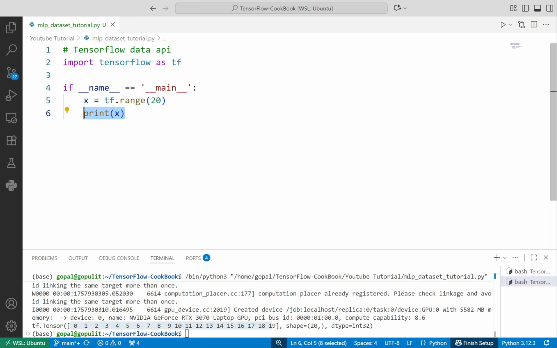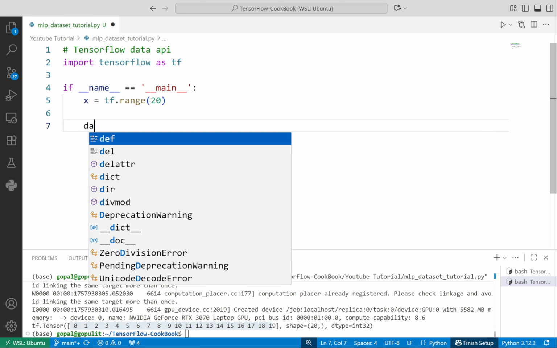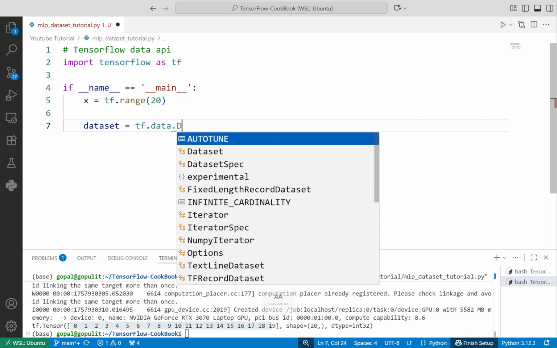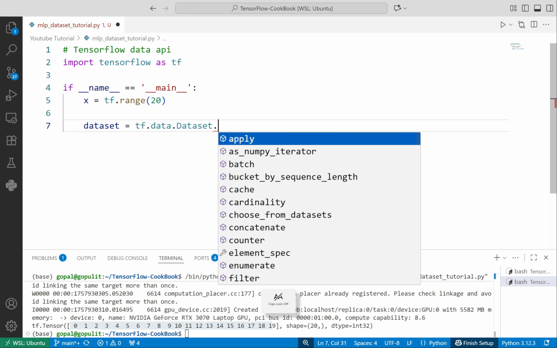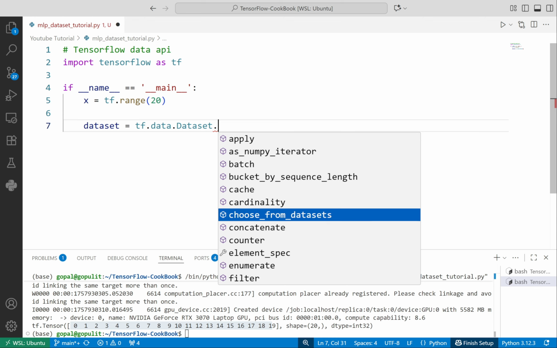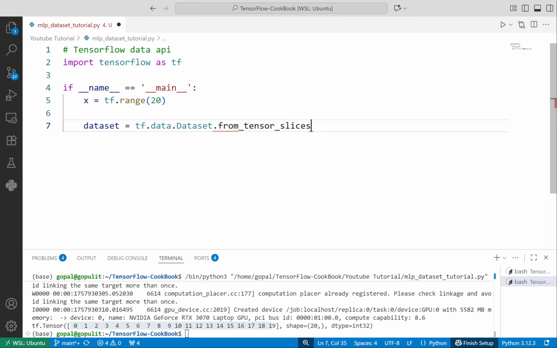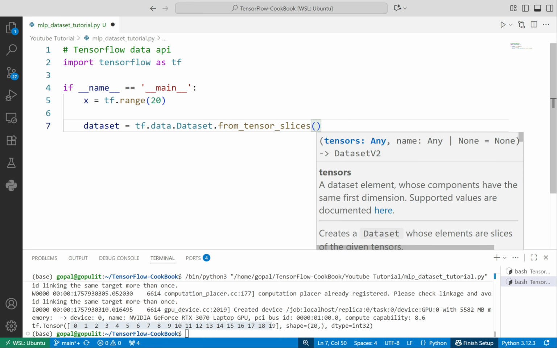We can create a dataset object by simply saying tf.data.Dataset. Now there are many functions, but the one we will use most is from_tensor_slices. Inside this we give the object for which we want to create the dataset.